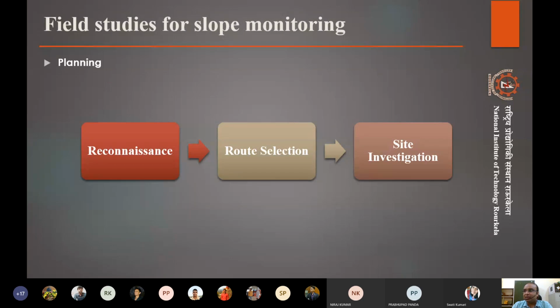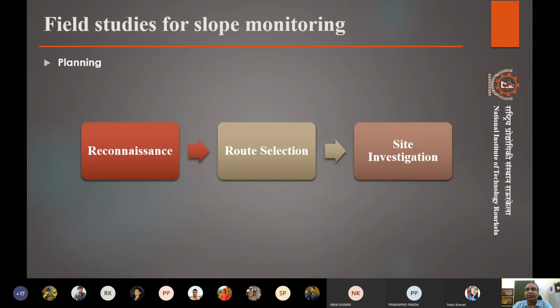So for all this, the various field studies are conducted, and most of them can basically be divided into three parts. The primary one we discussed was the reconnaissance or the pre-planning stage, where all the reports that are generated, all the reports for nearby field sites, are collected and studied. Route selection, as we said, was based on what is the optimum path of physical surveys.